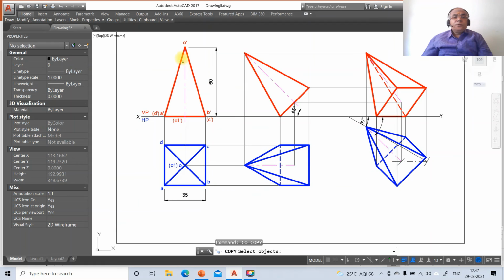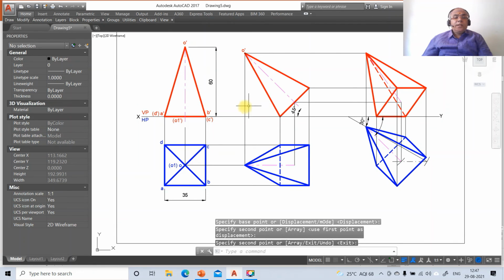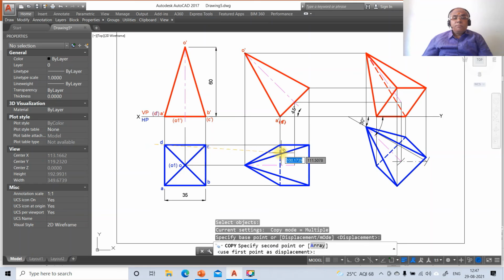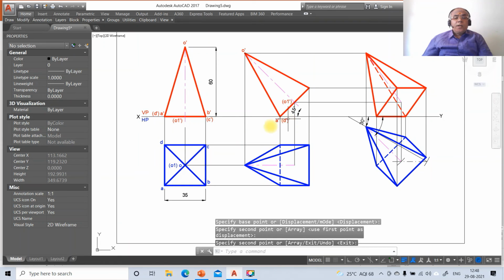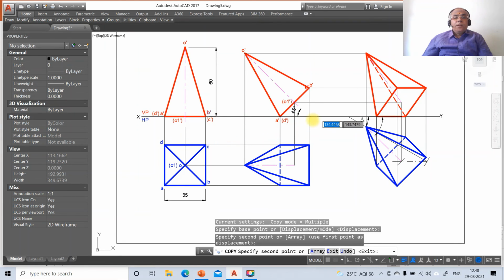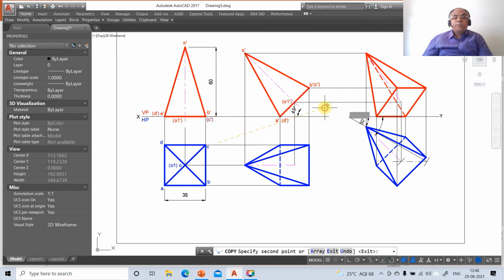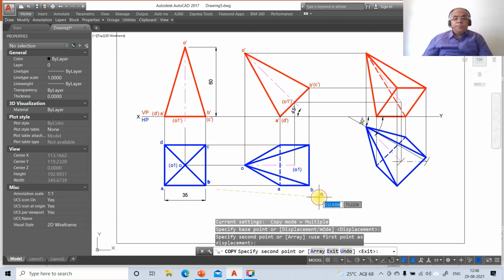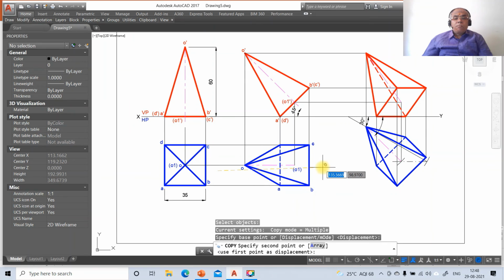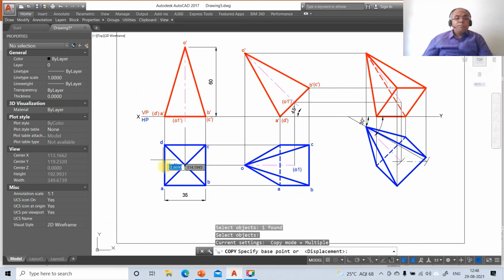Now you just go to copy, so copy this O dash here, and then A dash, and from here D dash, and here it is O1 dash, and here it is B dash, and here it is C dash, and then here it is O, and then O1, and then here it is A, here it is B, here it is C, here it is D,